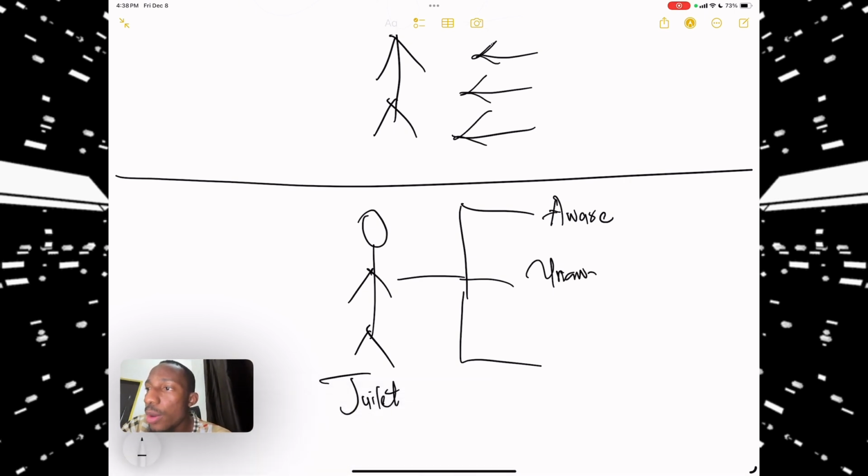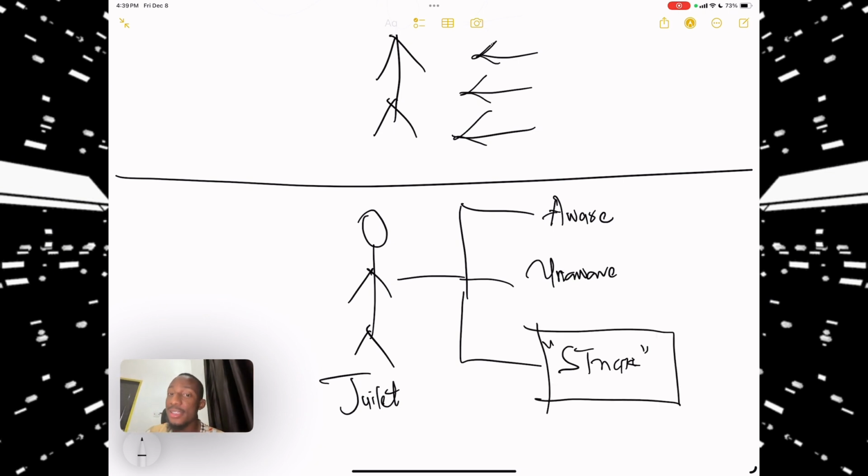They're not even unaware. They are stuck. They are already stuck somewhere. What's the right synonymous word for this? They are fixed somewhere. They can't go forward, they can't go back. They don't even know if they have a problem. They don't know if they don't have a problem. They are just confused. The confused gang. Let's call them the confused gang, right? A lot of people are in this category right now.